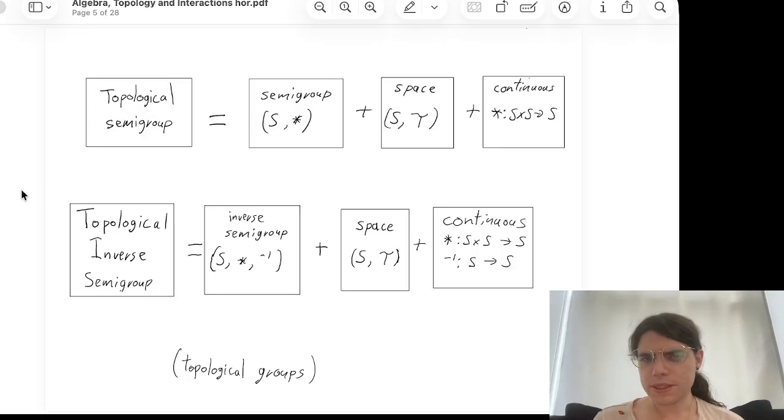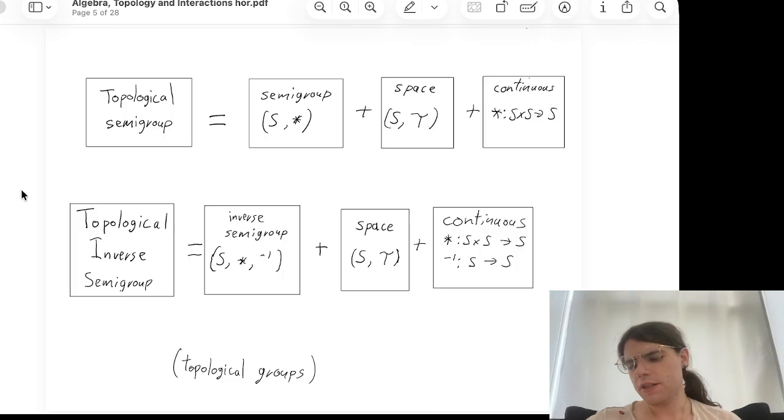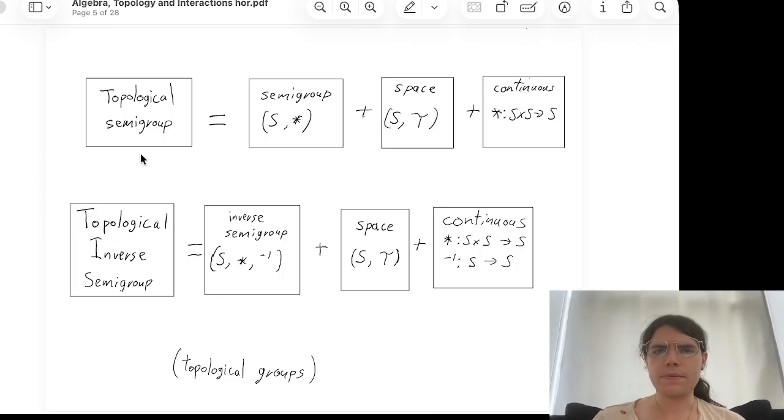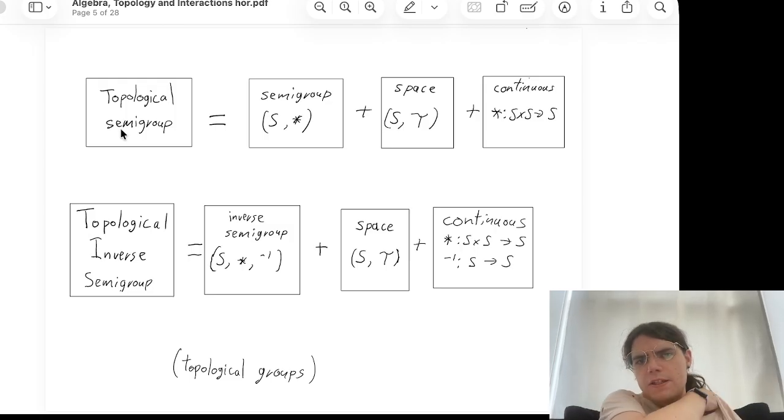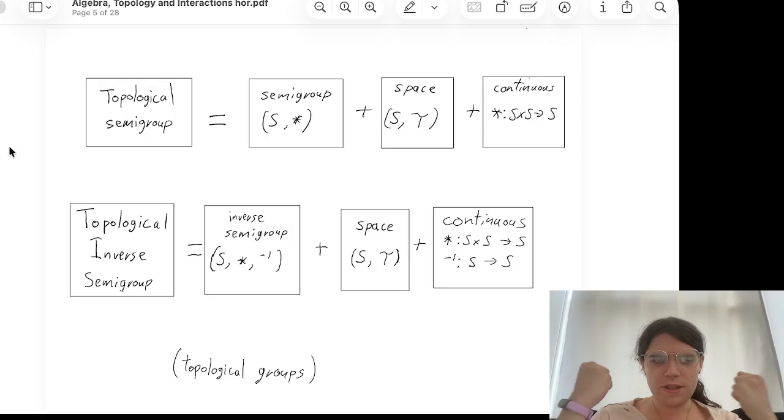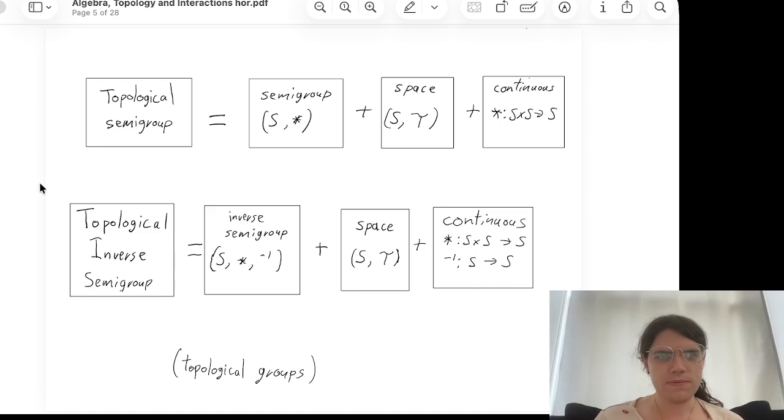Okay. So I'm going to talk about topology. A topological semigroup is, in general, a topological algebra in the sense of universal algebra. It's just a universal algebra whose operations are continuous with respect to some topology on the underlying set. And this is no exception. So you have a semigroup, and you have a topology on the underlying set of your semigroup, and the operations are continuous. In this case, there's only one operation, which is multiplication, and it has to be jointly continuous, at least in the standard notion of topological semigroup.